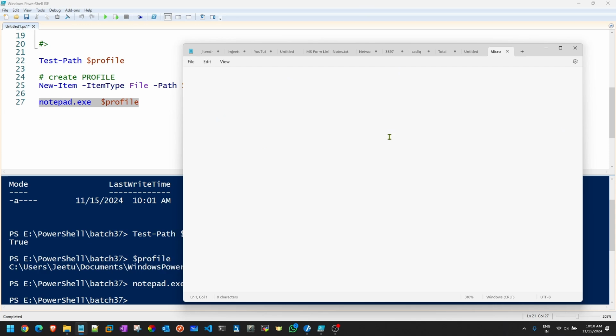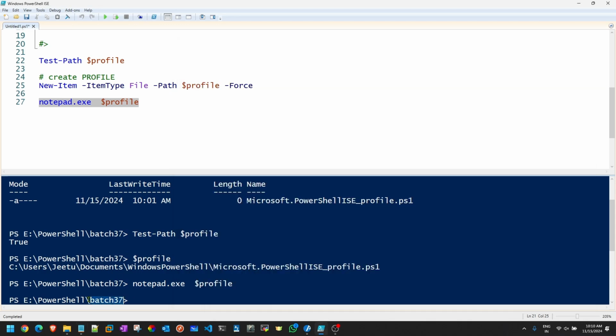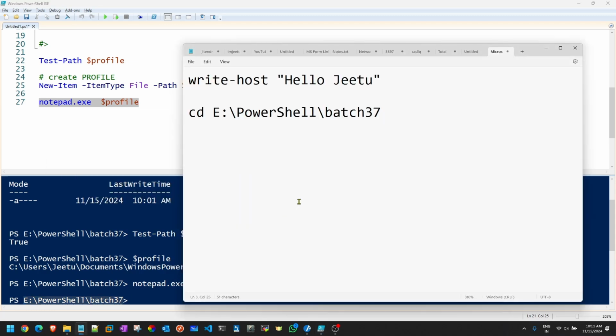In this notepad, now you can write whatever you want. Something like Write-Host hello G. Simple. If I want to change the location also, cd, now I want to give a specific path, like for me it is this path. So what it will do, it will automatically change the directory for me.